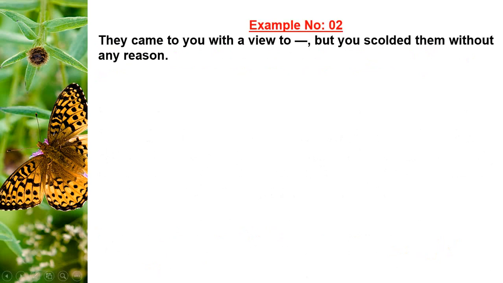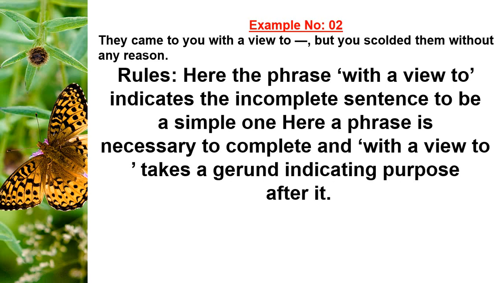Example number 2. They came to you with a view to, but you scolded. Scolded means to rebuke them without any reason. Here we find with a view to. It indicates the incomplete sentence to be a simple one. Here a phrase is necessary to complete, and with a view to takes a gerund indicating purpose after it. Note, with a view to is a phrase and this phrase takes gerundial form